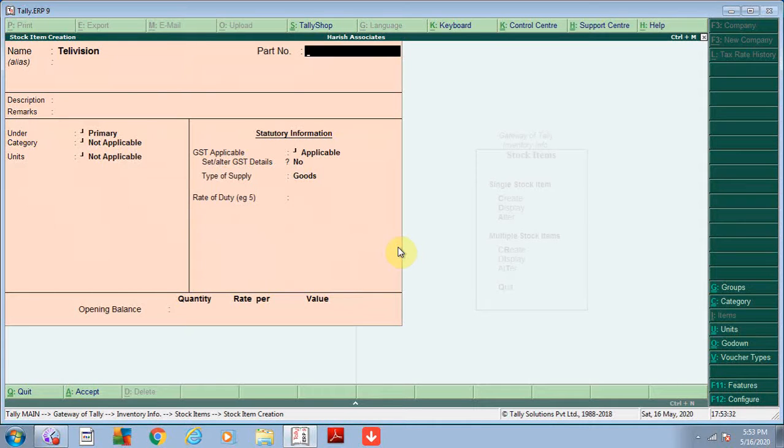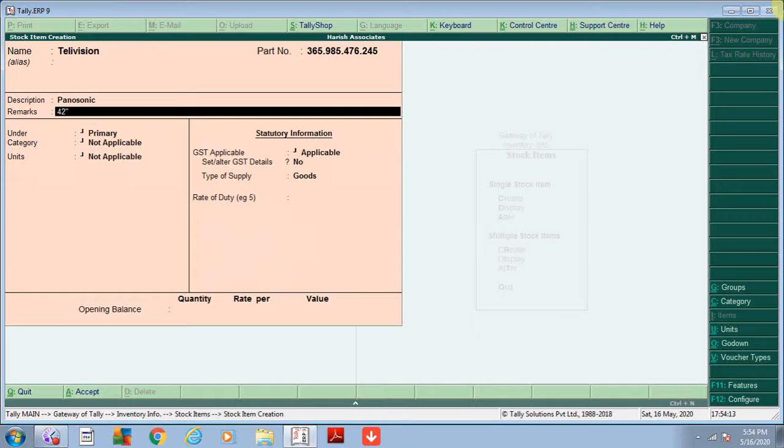It has a part number. It may be possible that a company has some part number for a specific television, so I am just putting it here. This was the part number of the television. For the description, I am just creating Panasonic, and for the remark, okay, it is 42 inches, and it is black color,